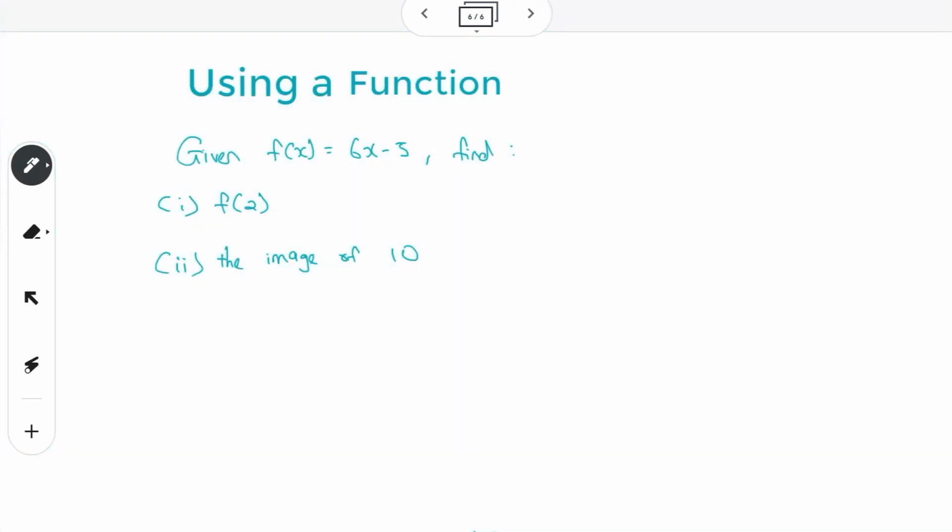Now that we know what a function is, let us actually attempt to use these functions. And these are the bulk of the questions which you'll get in SPM. So here we're given a function which is f(x) equals 6x minus 5. And we are supposed to find f(2) and the image of 10. Let's start with number 1, which is f(2). I'm just going to do it up here. So f(2)